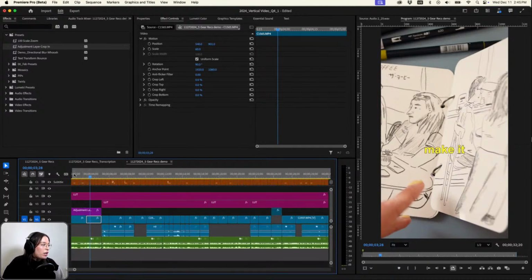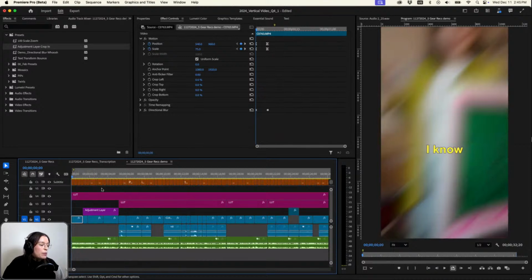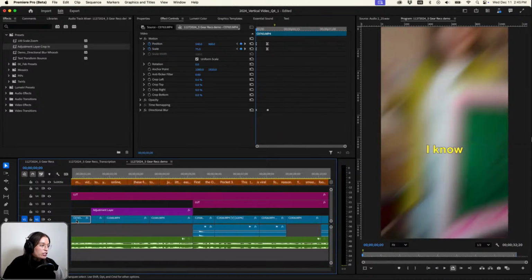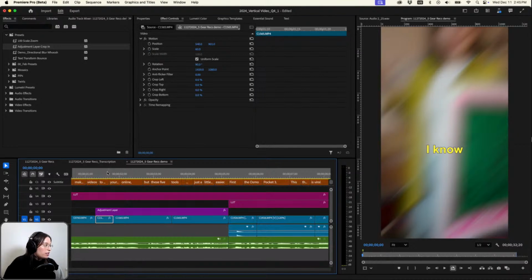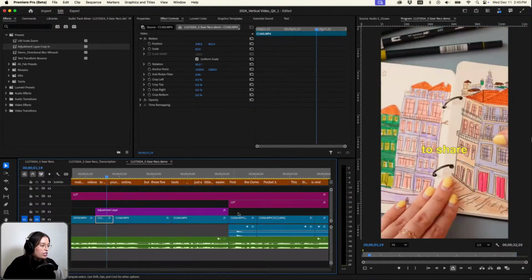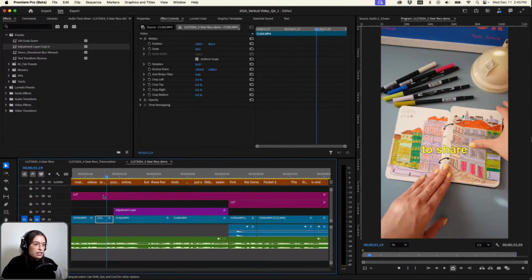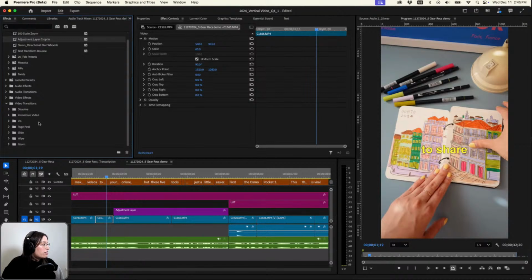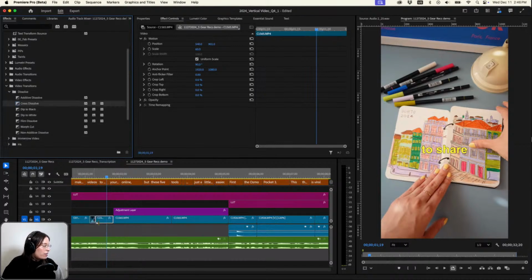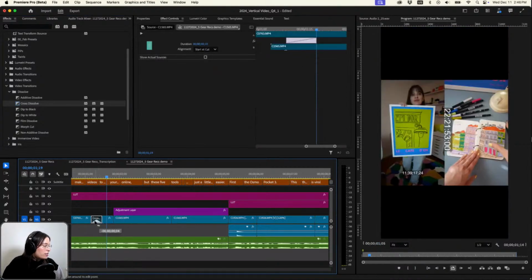Now, another one I want to do is one with maybe a transition. So let's go into here. Our adjustment layer is not in there. Let's say it's not affecting that clip. So if we hit video transitions, we just have to end up editing the transition. So if I have one here and it's not as big,